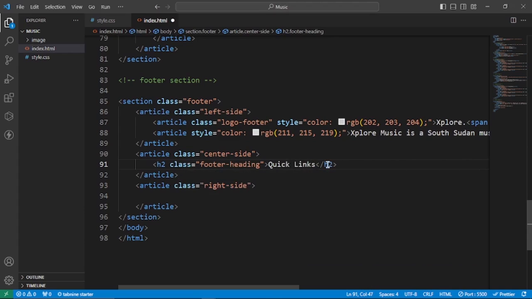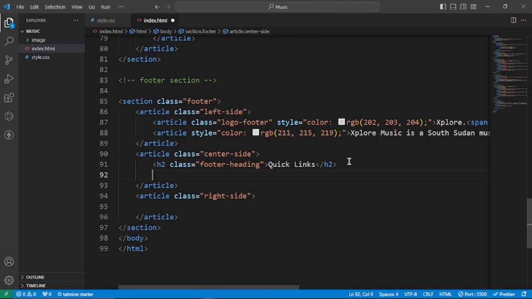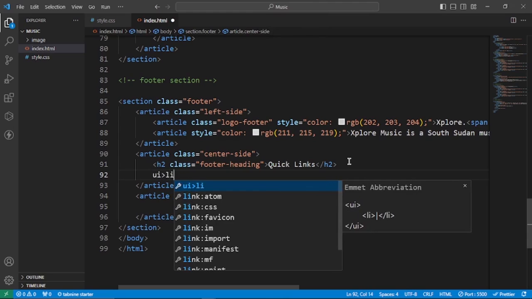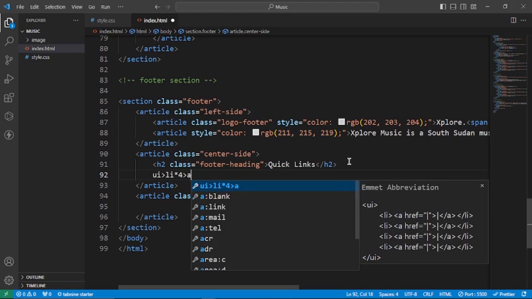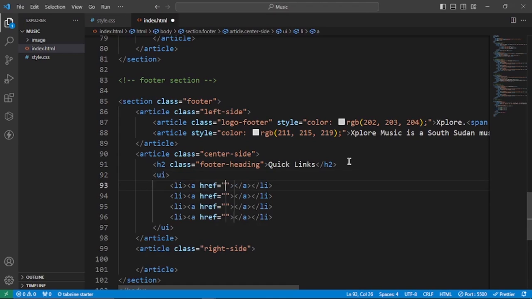and then in the quick links I'm going to say ul, li, times 4. Let me give it times 4, and then an a tag inside all the li. This is just a simple and quick way of manipulating it. And then in this one I'm going to say